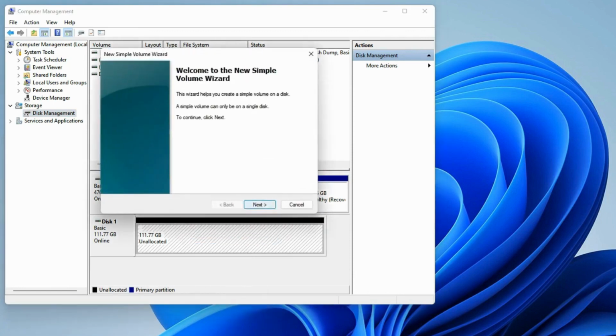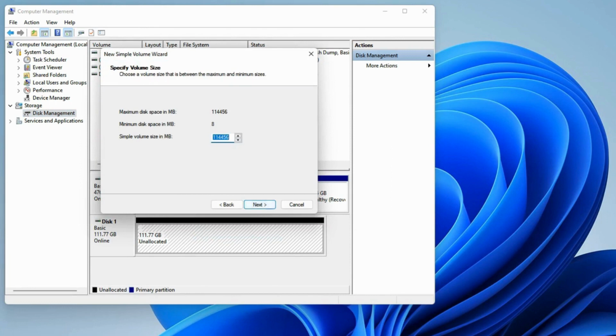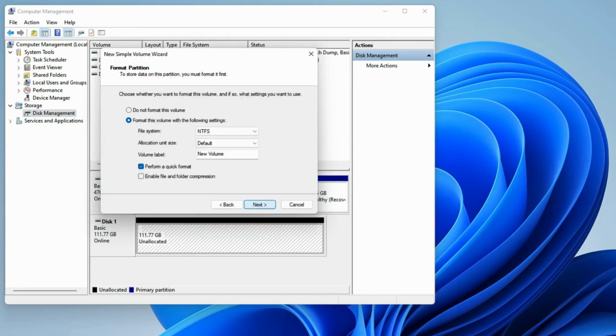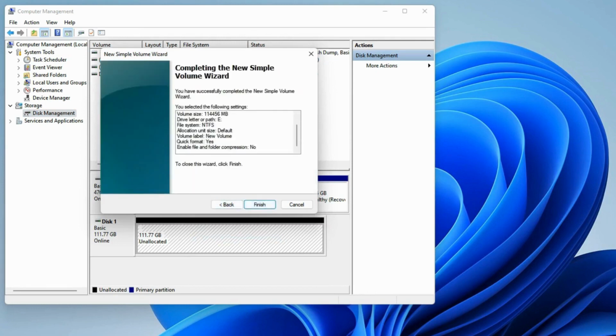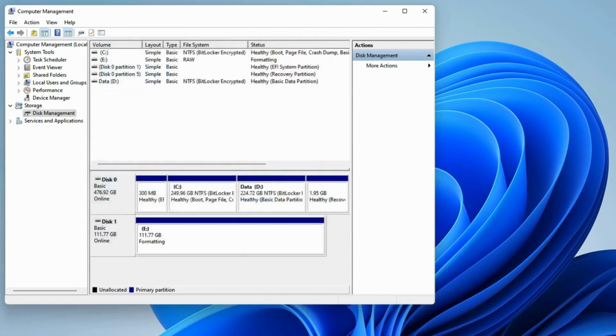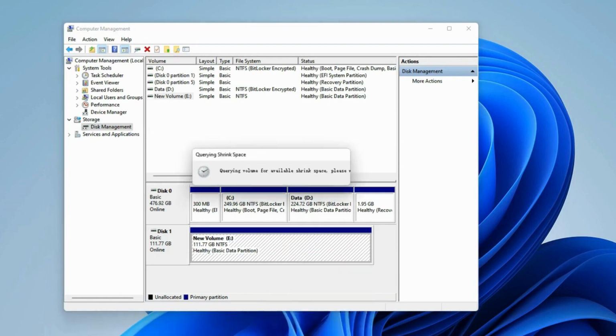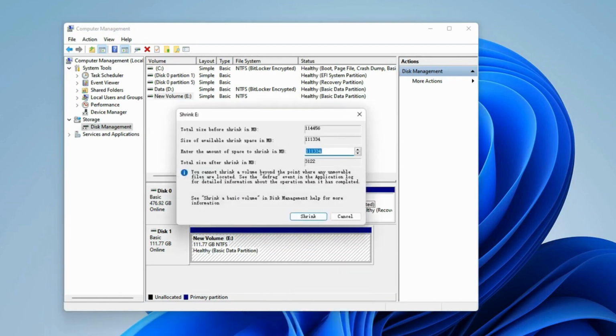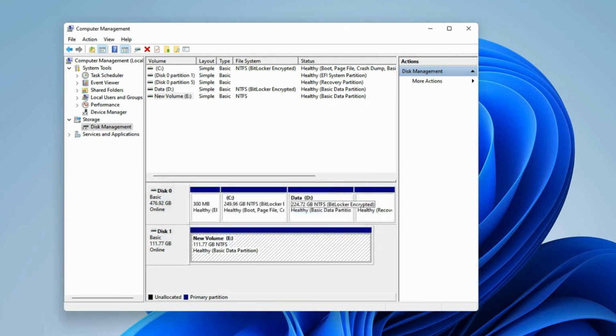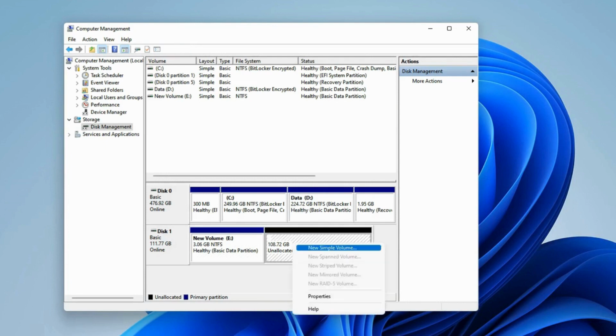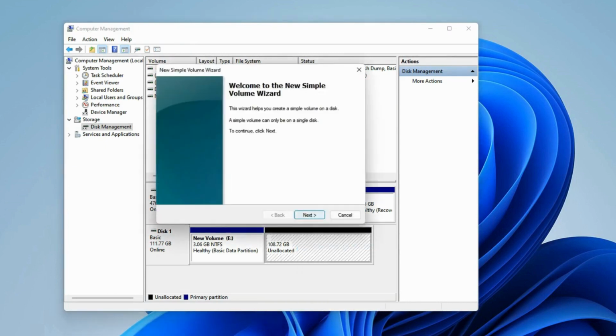On the New Simple Volume wizard interface, click Next and click Next to continue. The unallocated space will be added to the new SSD partition. Assign drive letter or path, then set the file system as NTFS. Click Finish. After initializing the SSD, you can also go ahead and right-click on the SSD and select Shrink Volume, enter the space size and click Shrink to create unallocated space. Then go ahead and right-click on the unallocated space and select New Simple Volume and follow the steps in order